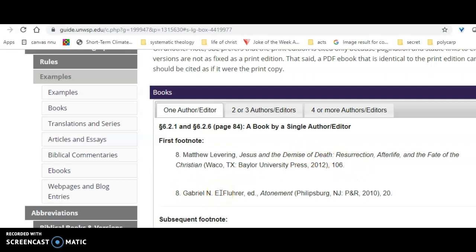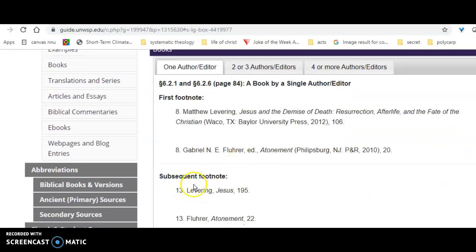After that, you're going to use a shorter listing. So for instance, down here it says subsequent footnote. So this Levering book would now just be Levering, comma, Jesus. That's the first word here that appears. And 195. So that's the next page that's cited, and a period. So after the first footnote, if you're going to cite the same source, you would use the shorter